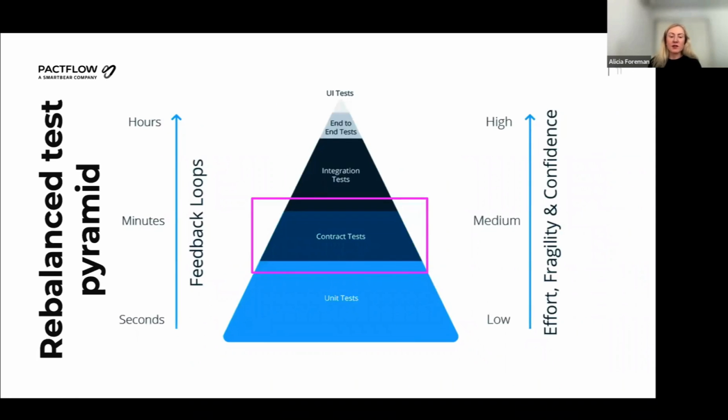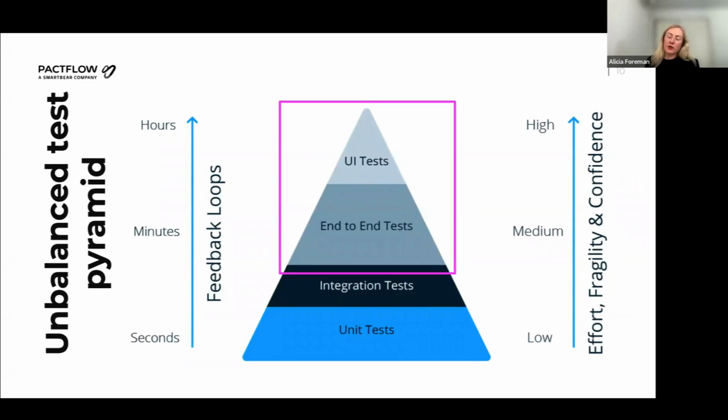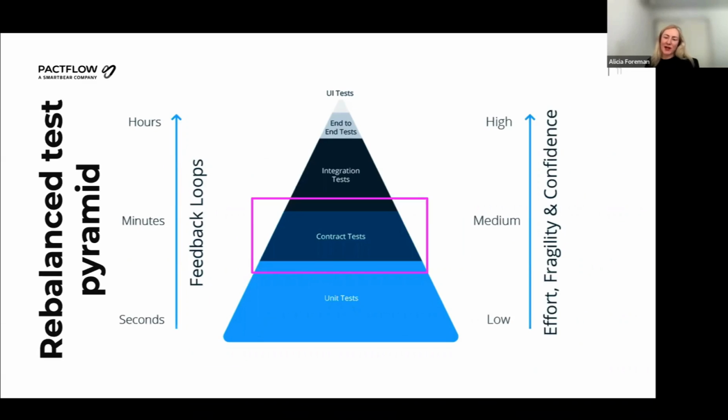I guess the thing that's causing some pain for these organizations around those end-to-end tests can be that they're difficult to debug, that there is a bit of a burden around the test data management. Now, if we look at an alternate view, the rebalanced test pyramid, you'll see that we've added an extra layer of testing. So that is about modernizing our testing processes, and contract testing is a way that we can look to calm that chaos that we heard about earlier, and really focus on doing tests where they have the most impact at the right point in the testing process.